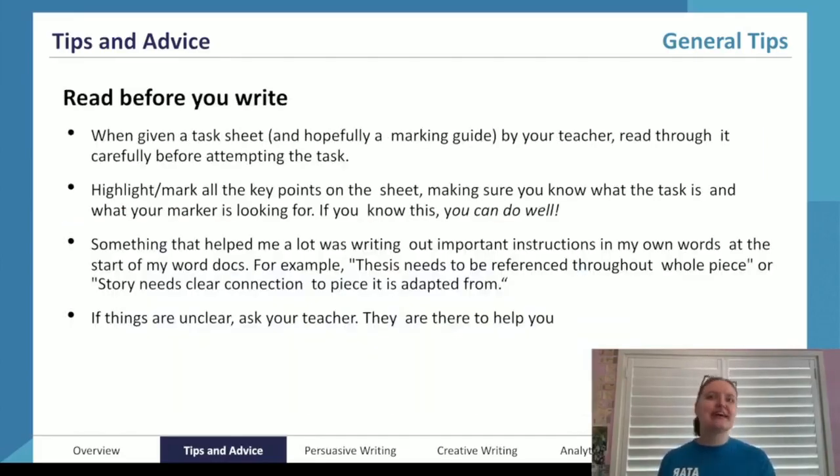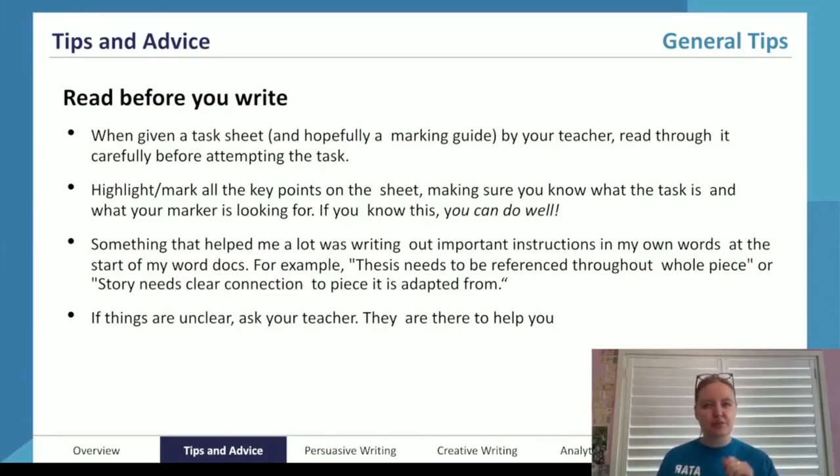All right, second tip is to read before you write. When you're given a task sheet at the start of the term, and hopefully also a marking guide by your teacher, it is really important that you read through it in its entirety before you jump into the task, even if you've done a task similar to it before. Go through, highlight, and mark all of the most important points on the sheet, and it's essential that you know exactly what the task is and what your marker is looking for.